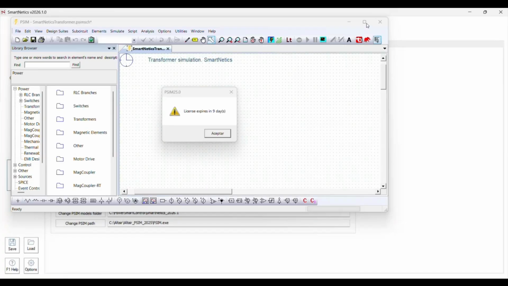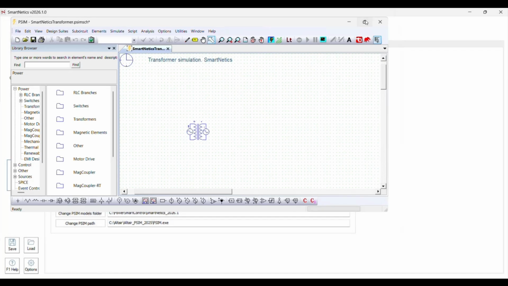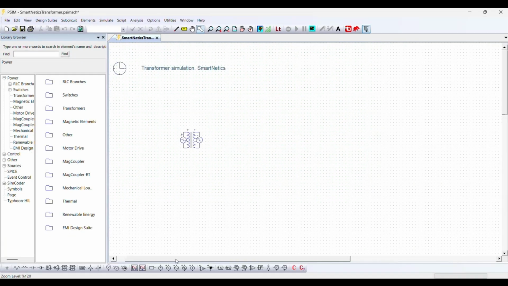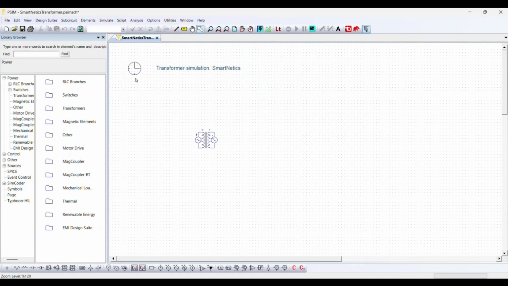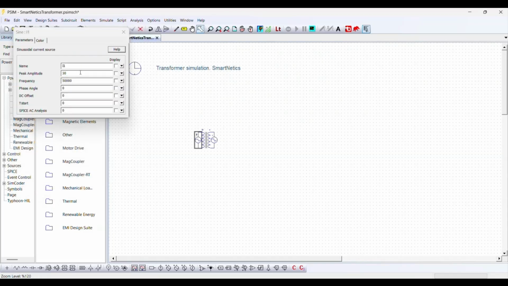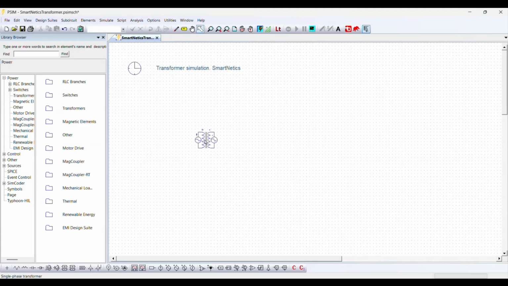Oh, okay, nice. So this is what you get when you export that to PSIM. You have already this one configured in here. You can have your current and voltage perturbations provided to you.